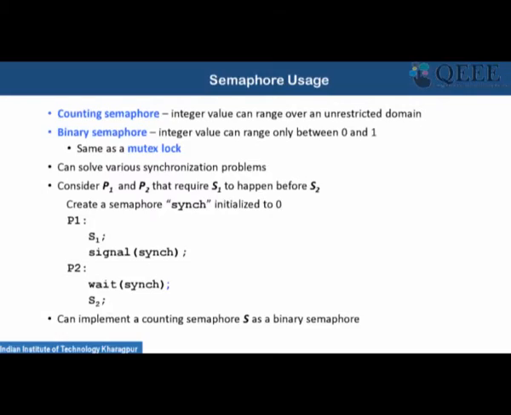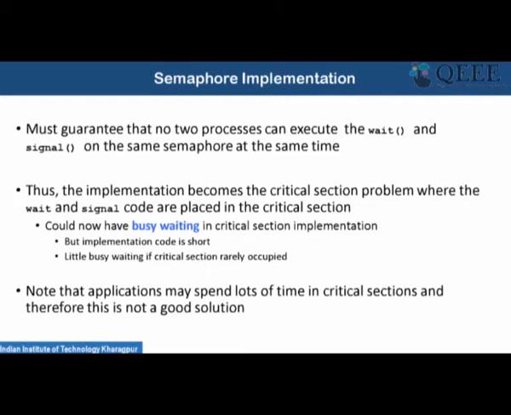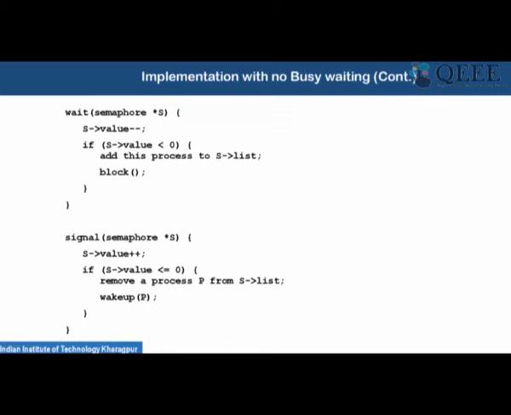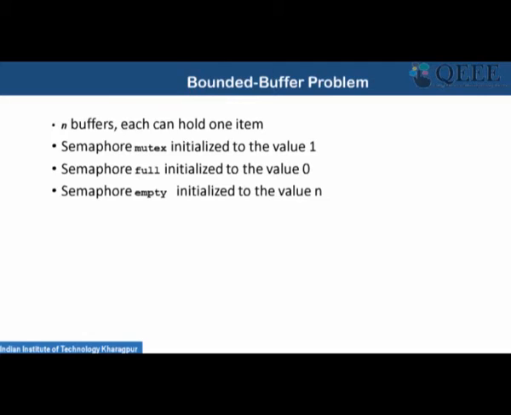To make an efficient implementation, we basically use some kind of list to implement the semaphore to avoid the busy waiting scenario. I am not going into those details; you can read the Galvin book to get the details. So this is an implementation with no busy waiting, where we implement the semaphore as a dynamic list. Let us take the bounded buffer problem, the producer-consumer problem, as an example of process synchronization,